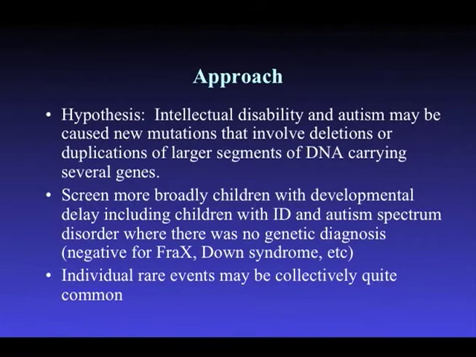And when we decided to select what types of diseases we would go after, instead of focusing initially on a neuropsychiatric disease, what we thought we would do was screen as broadly as possible children with developmental delay who had gone through the testing in clinic of looking for, for example, rearrangements cytogenetically, so they're karyotypically normal, they were negative by Fragile X, they didn't have Down syndrome, for example, which turned out back in 2006 was more than 80% of all kids that came into the clinic for essentially genetic testing.